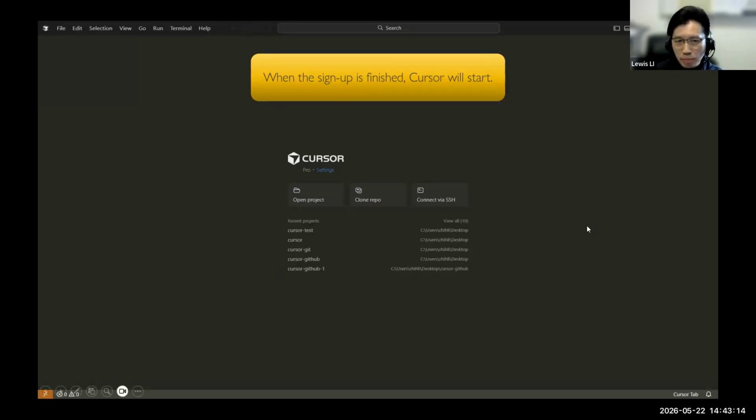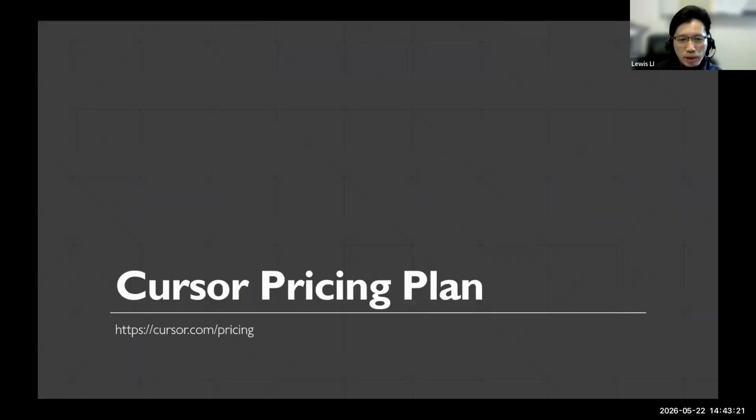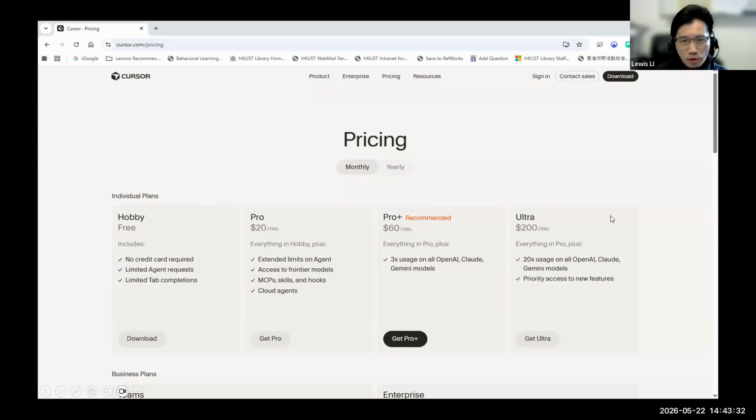We will come across this interface later on, and before that, I would like to show you the Cursor pricing scheme, which you had better know before using Cursor. Right now, Cursor has different pricing models. If you don't want to pay any money, you can use the free model, but the free version has many limitations.